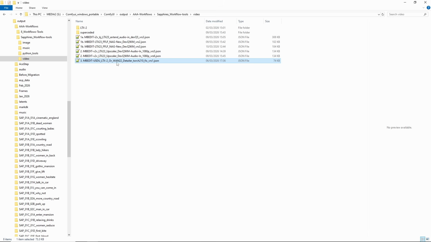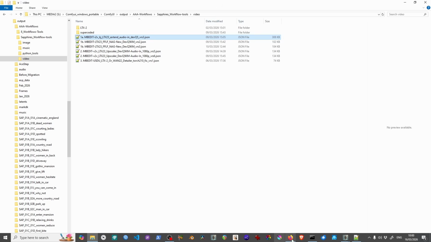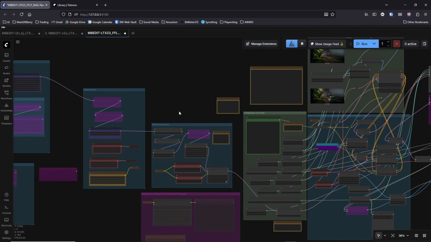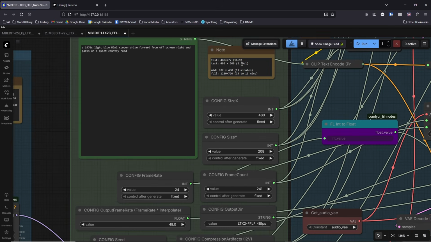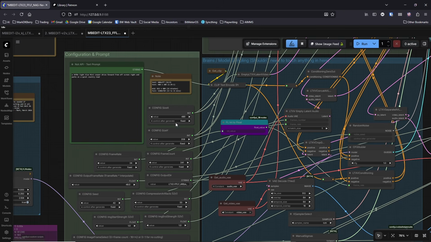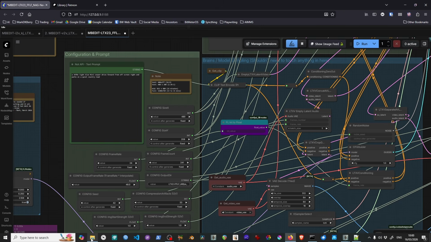So that gives us access to WAN, and in the coming weeks I am going to test going back to WAN for creating the initial structure. And one of the things to point out about what I do and the way that I do it is the first shots I don't do, I go for this size. I'm actually doing a widescreen size now. I'm finding it slightly faster, and it lends itself to the genre of Hammer House style vampire storytelling. So 480 by 208 is 2.39 to 1. I'm probably going to stick with that in the future rather than doing 16 to 9, just because it speeds up the process.